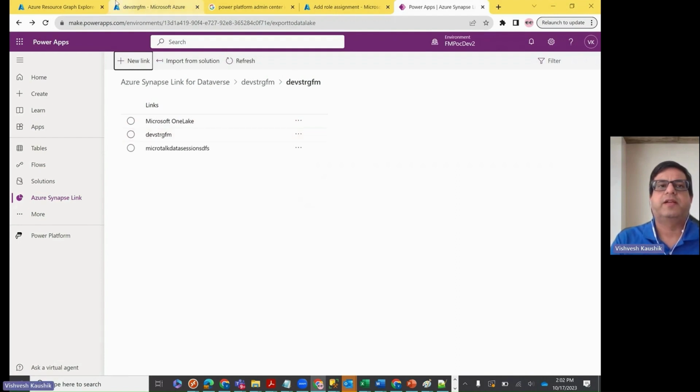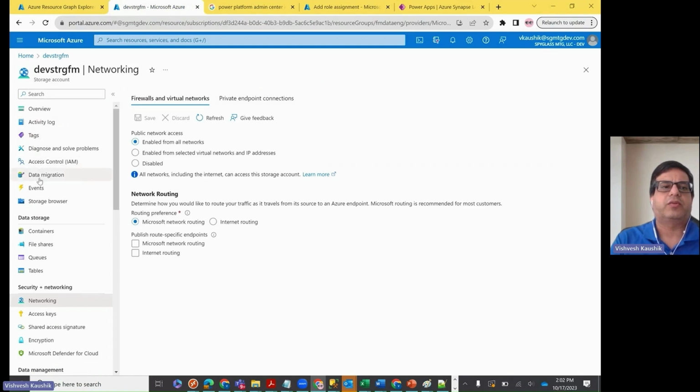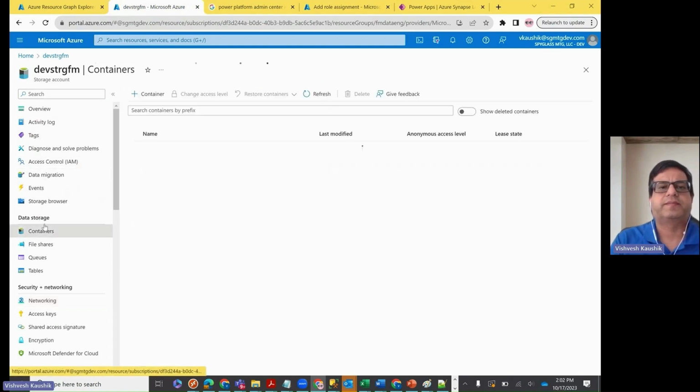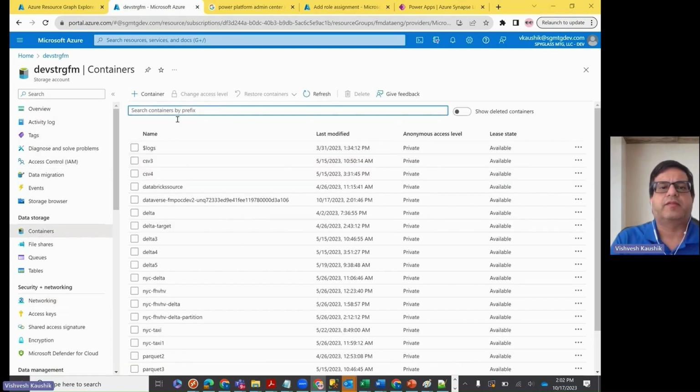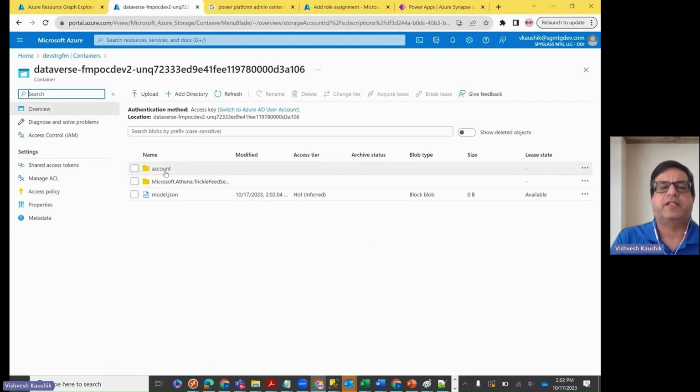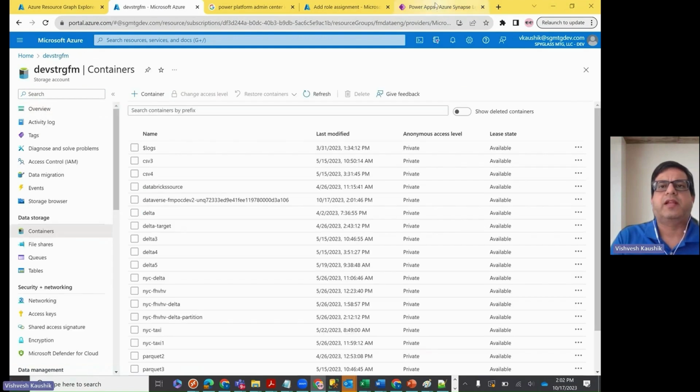Okay, so here our Synapse Link is created, and if we go and check in the containers, we see that the container has been created, and the data for the account table has come. But in many enterprise environments, a publicly enabled storage account is not permitted. So we need to change this storage account networking to private,